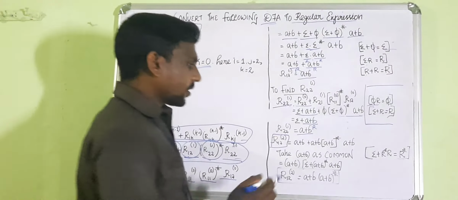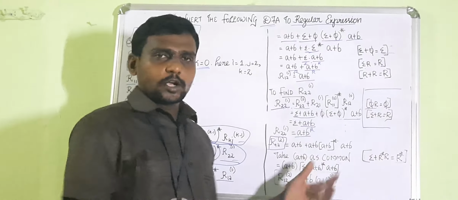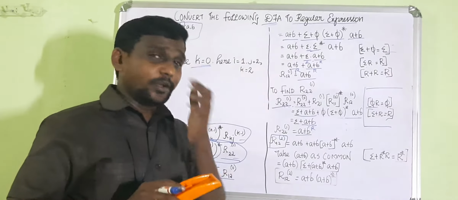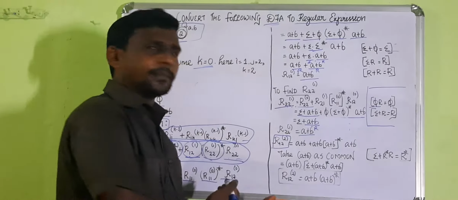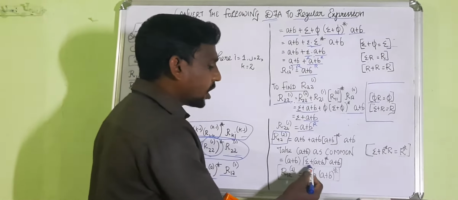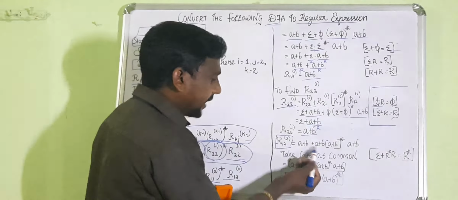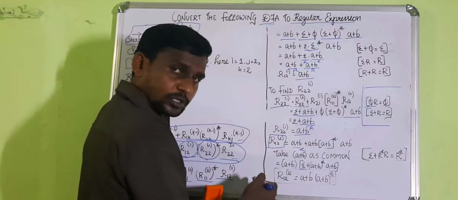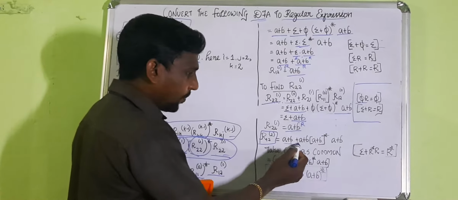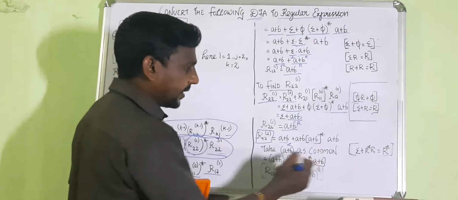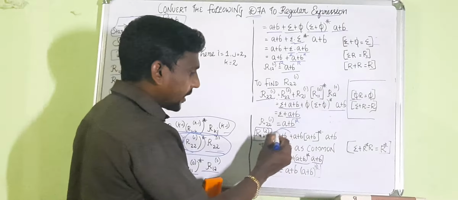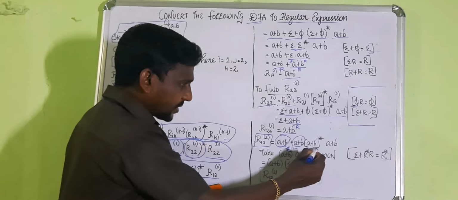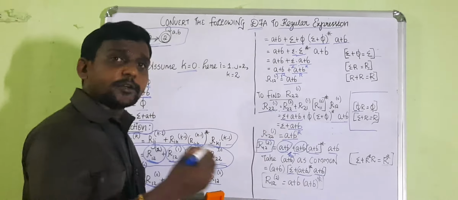See, this is the very thing. If you see a problem like this, with the common term a plus b, a plus b, a plus b, a plus b, you just find one technique, that is we take the common term outside. In order to make the epsilon term clear, I take this a plus b outside, here a plus b, here a plus b outside, and I will take epsilon. So it comes as epsilon plus a plus b the whole star into a plus b. You will get like this in order to make the epsilon term.